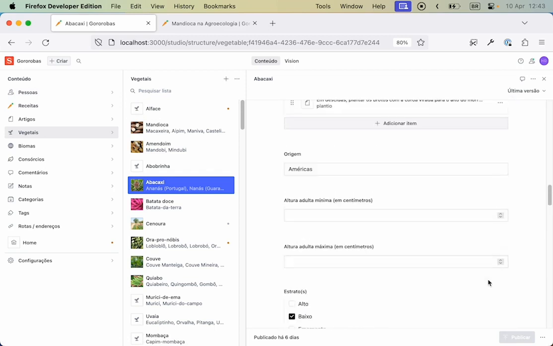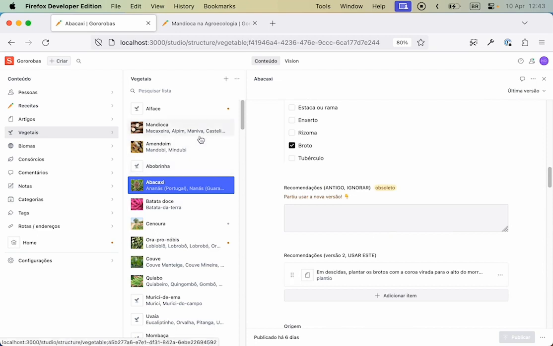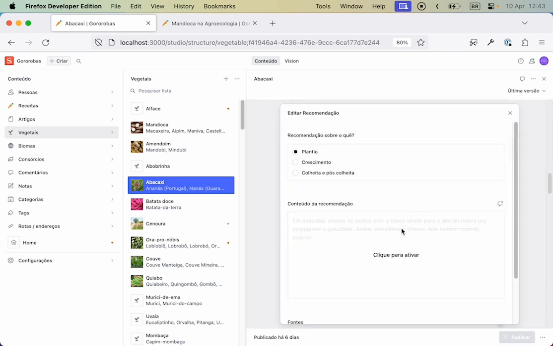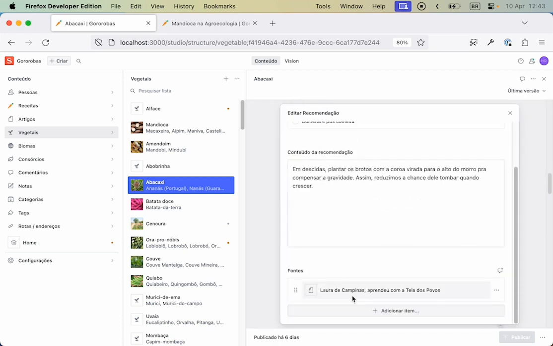So there was another iteration that we did, which was recommendations and tips. They initially were just a plain text box, and then they became an array of objects that are a little bit more complex and allow us to support a design that is closer to our vision. In the process of doing that, we actually experimented with this idea of sources as an array. So instead of you just saying where it comes from and the URL, you can actually add multiple sources, which I doubt will happen all that much, but it is a possibility. There are a few cases we've mapped out that it's the case.